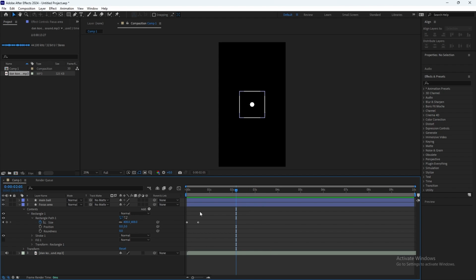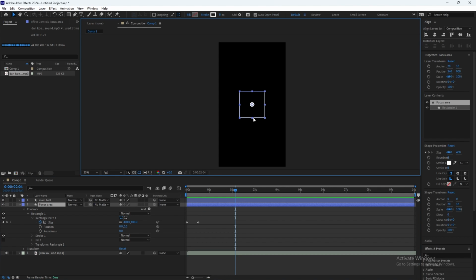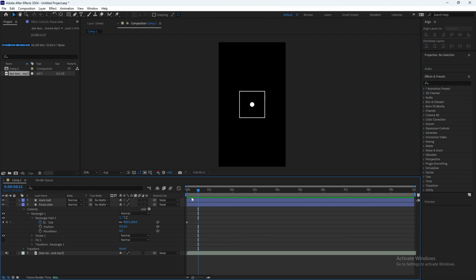And if you want to move 1 frame at a time, you can click Control and the arrow you want to go to the direction. If you just click the arrow key, it will not do anything. It will just move this, but you don't want it, so click Control while you do it.